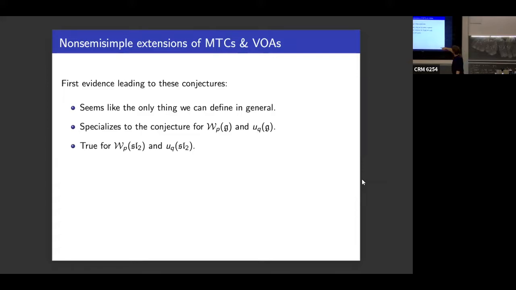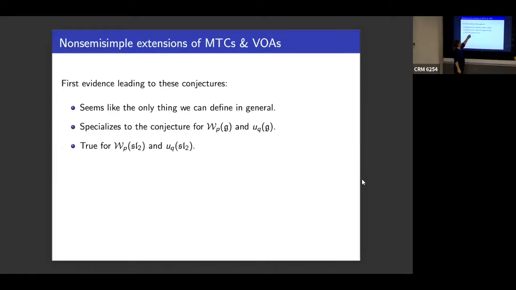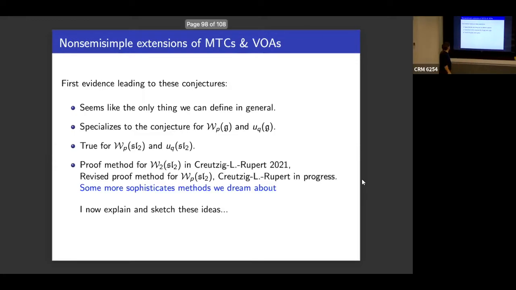Then of course my guiding principle is that it specializes to the conjecture for the triplet algebra, or for this Feigin-Fuchs bosonic algebra, which we know is true for SL2. So in this case, it produces the equivalence. If you believe the philosophy, it's a special case. That's this. And also now, as I say, I will go a little bit.